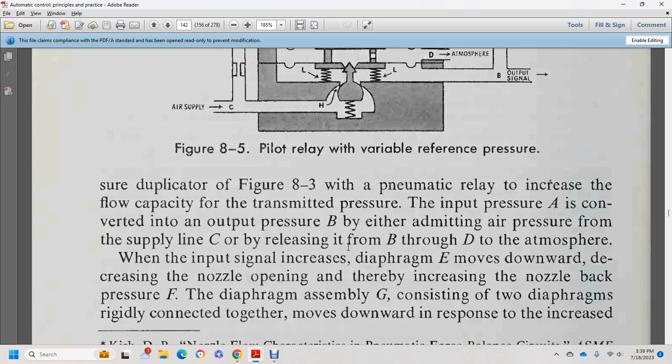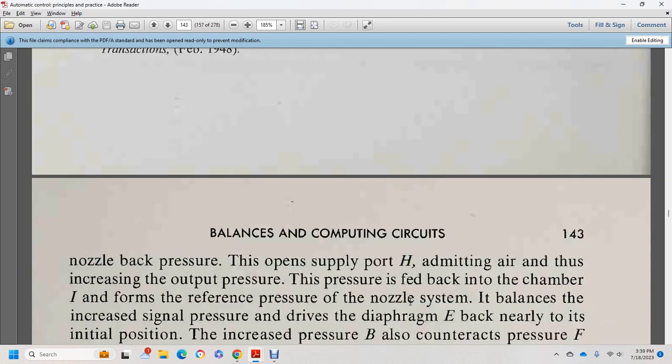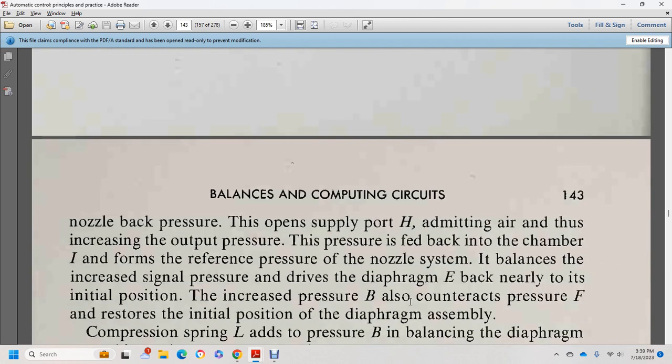Alright, the input pressure A is converted into the output pressure B, emitting air from the supply line C, released from B, and D to the atmosphere. The input signal and Q for the diaphragm, E moves downward for the decrease of the nozzle opening, and therefore Q for the nozzle back pressure. F is the diaphragm assembly, G the two diaphragms connected together, moving downward in response to increased nozzle back pressure,